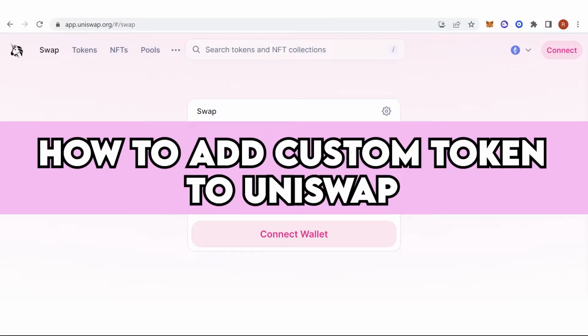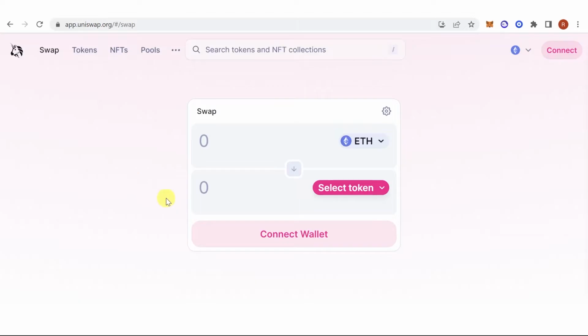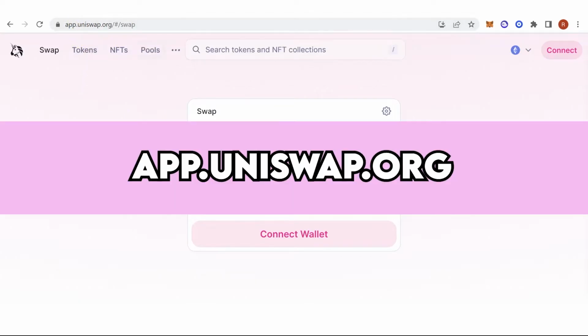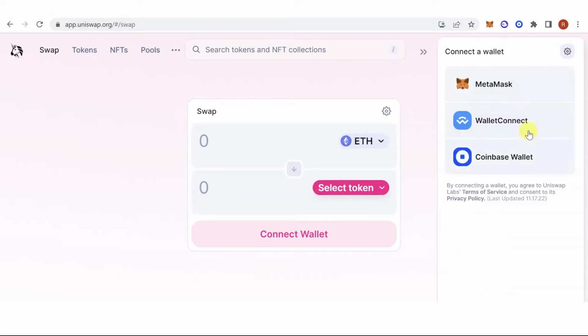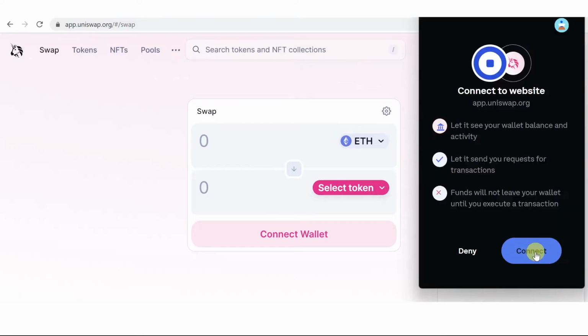In this quick video, I will show you how to add custom token to Uniswap step by step. So the first step is to go to app.uniswap.org, then click here, choose your wallet. So for example, I'm going to use Coinbase wallet. Click connect,